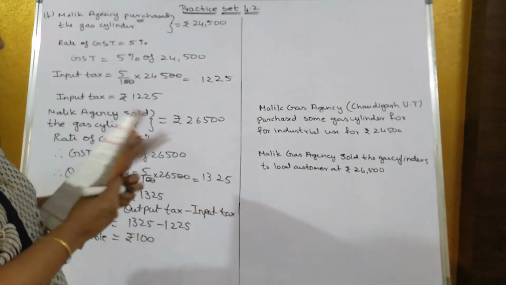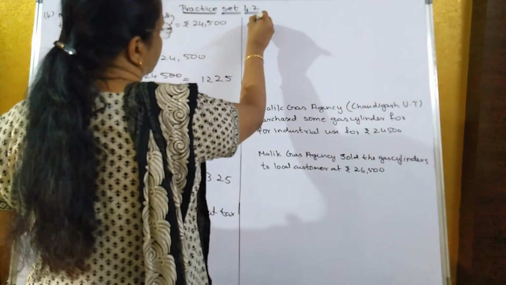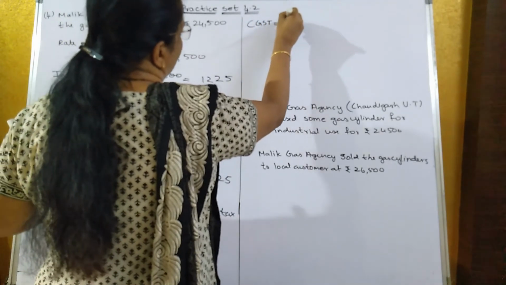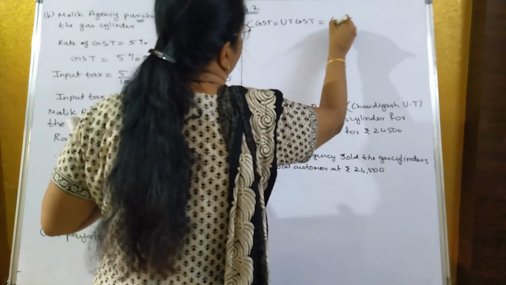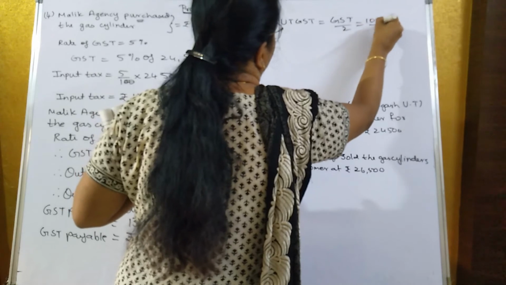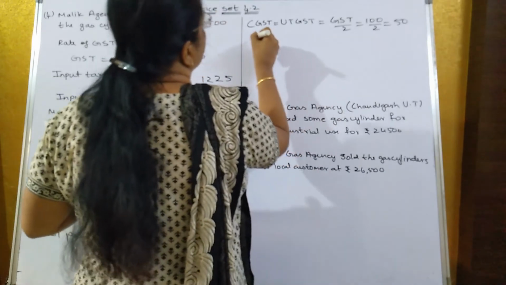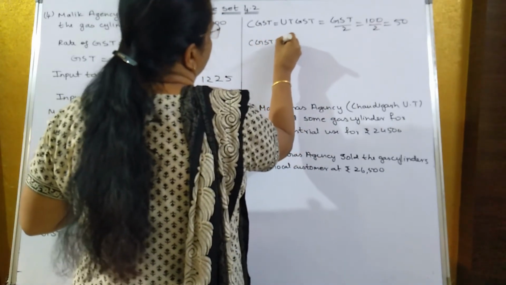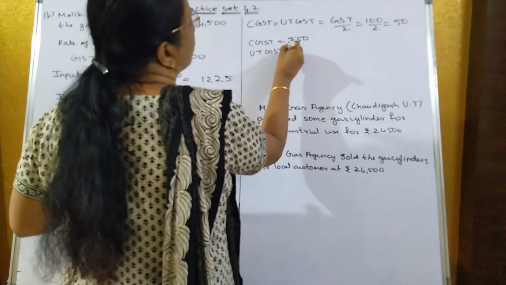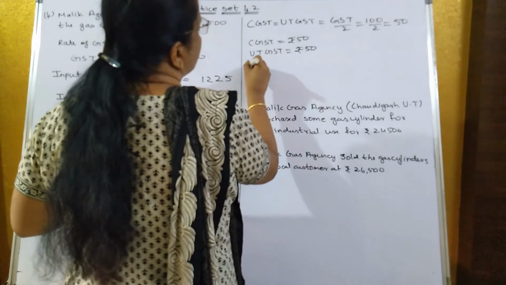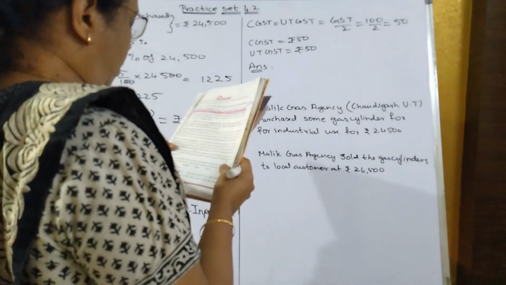Now we have to find out CGST and UTGST. So CGST is equal to UTGST. That's equal to GST upon 2. That's equal to 100 upon 2. That's equal to 50. So CGST is equal to rupees 50. And UTGST is also equal to rupees 50. So what's your answer? The GST to be paid